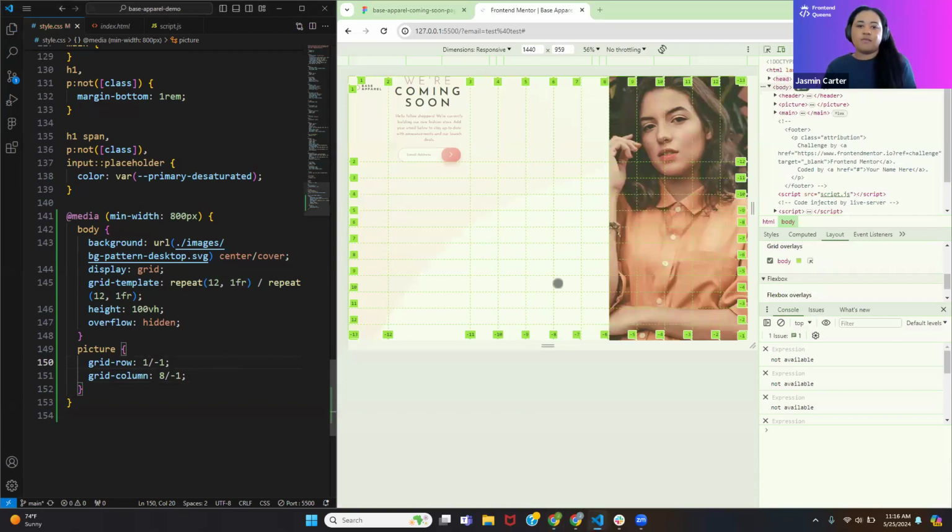okay, so now we have our picture in the right side. So I think that's all we need to do for our picture for now. Let's move these elements. So let's go work on this. This was our logo and it was in our header. So our header,